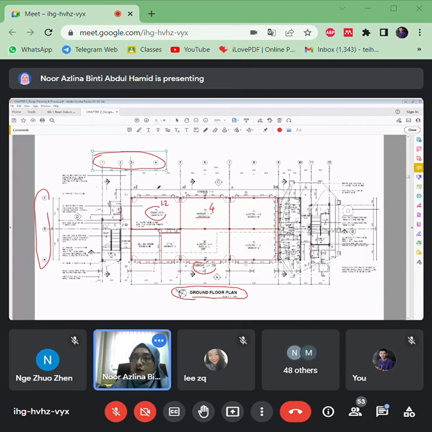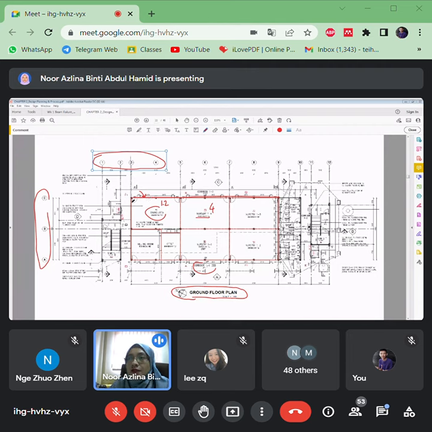Same goes for the brick wall here. If the drawing mentioned there's a brick wall along this line, that means there will be a loading from the brick wall, the GK, right? The self weight of the beam, also the self weight from the brick wall.